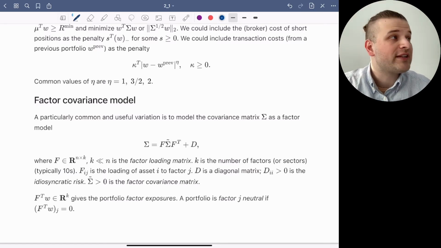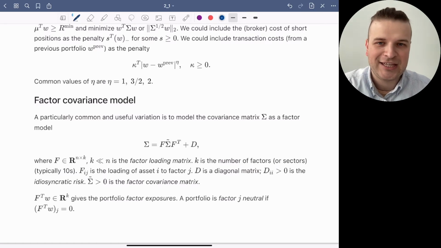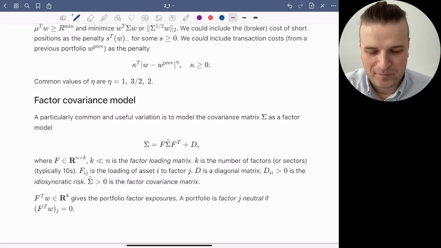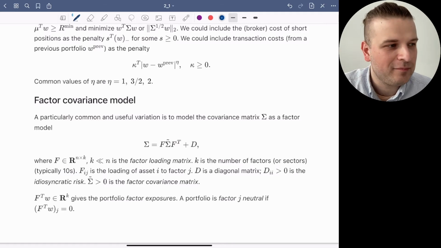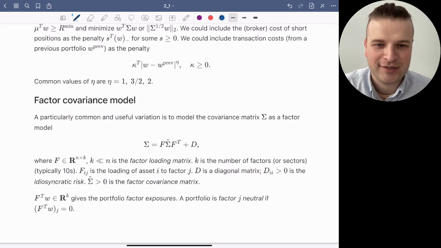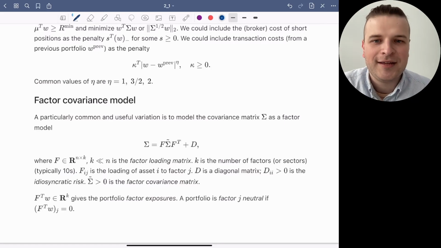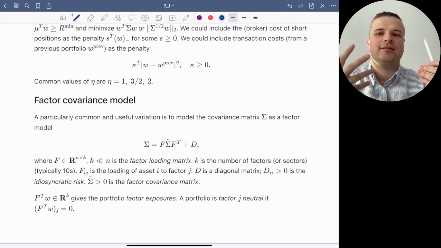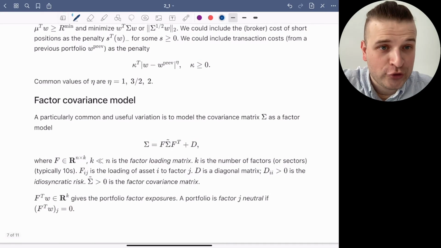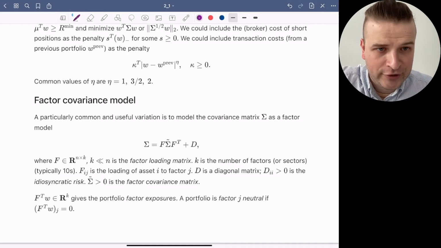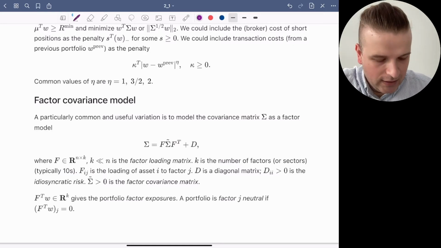And if, for example, you are a high frequency trader who is using Markowitz portfolio theory, which is most probably not the case, but still, you have to solve this problem quickly. And we have one approach to deal with it, that's called the factor covariance model, which means